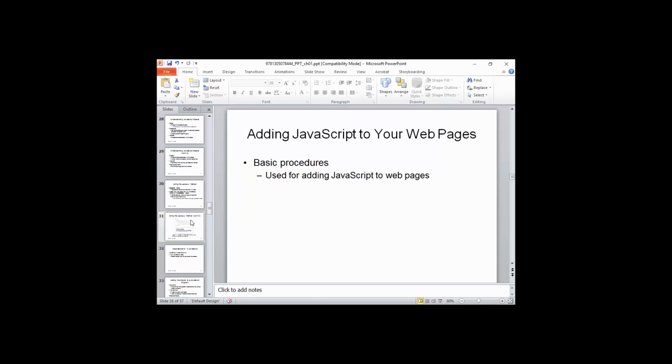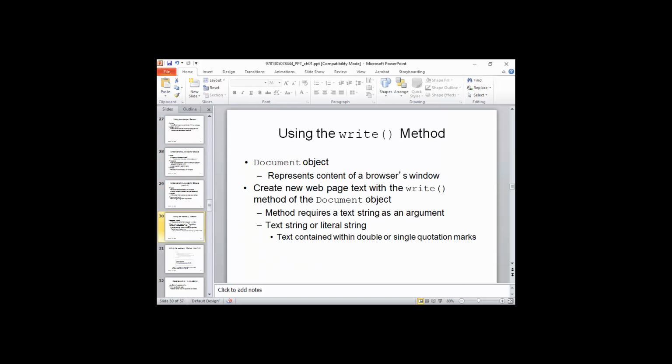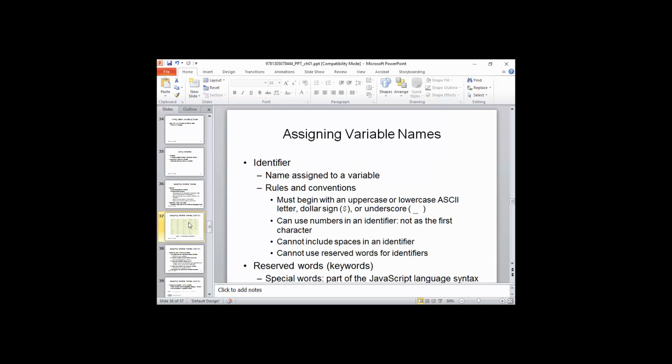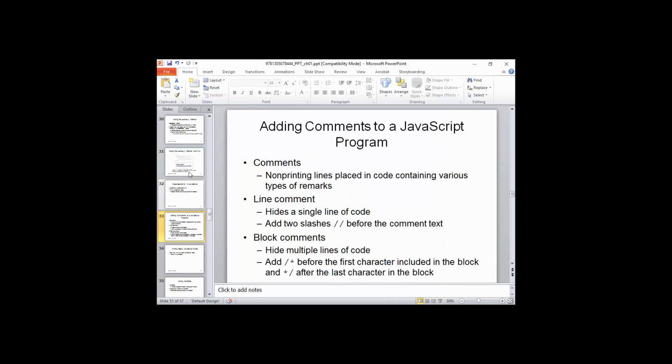Okay, now we're getting into writing some JavaScript. So this is pretty much 26 on. I'm going to try and just write some code. I will tell you guys something here, that for the written test,